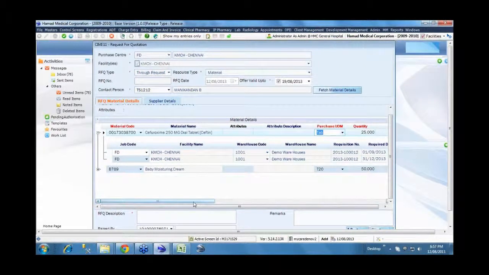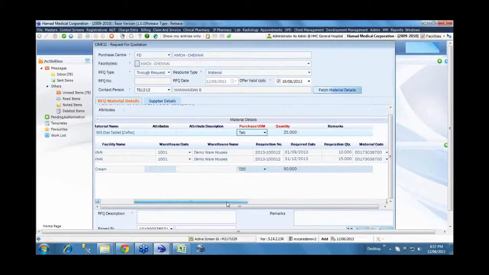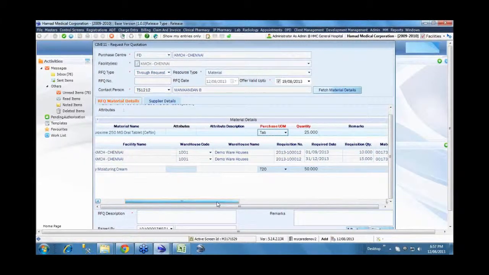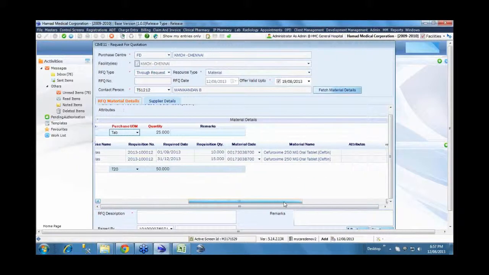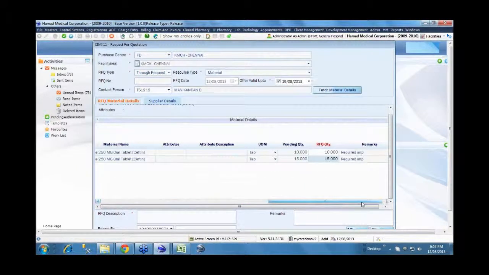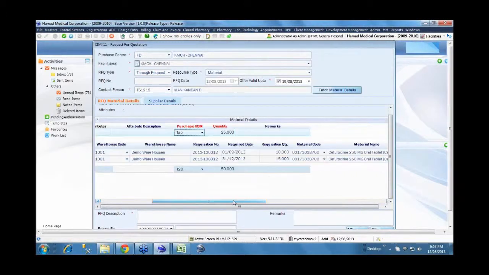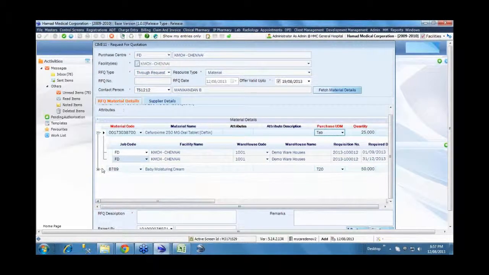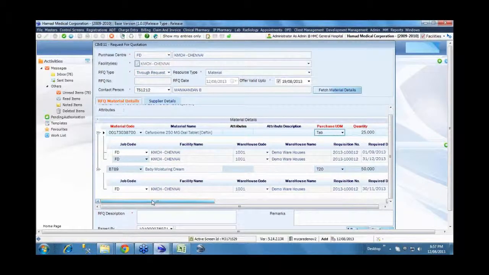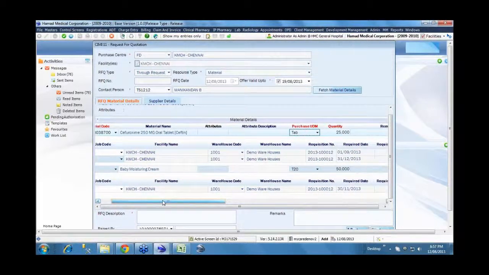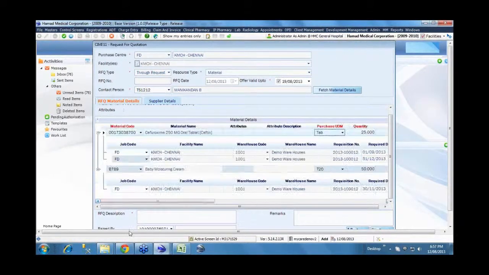The same item can be requested from multiple persons also. In this case, that's what we saw here. There were two requests for Cephroxim itself and one request for this. So the individual details are there, but when it goes to request for quotation, it sums up and goes as one. Internally, though, the reference to the purchase requisition is maintained. So when we receive the material, we will know for whom we originally raised this PO and for whom it needs to be allocated.